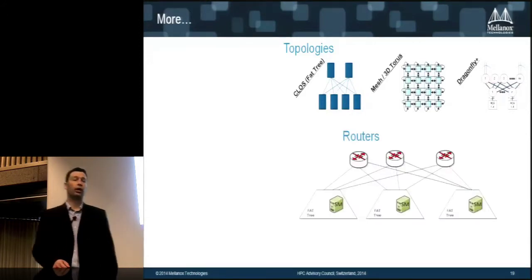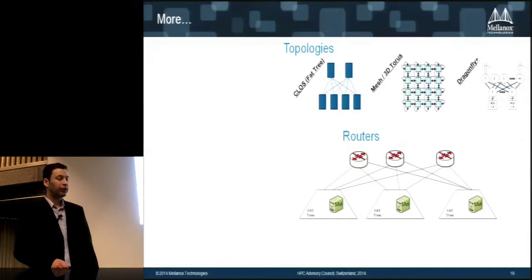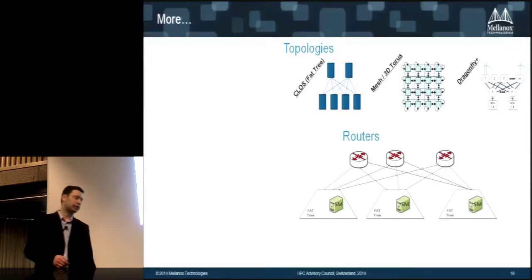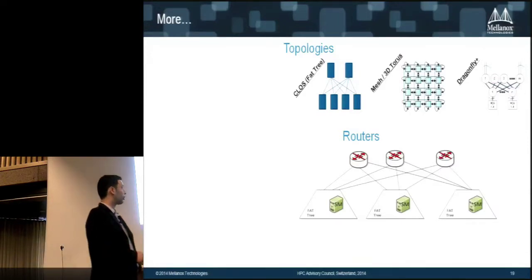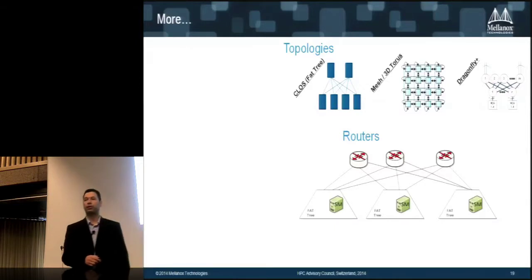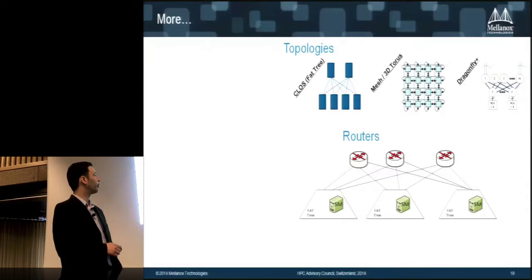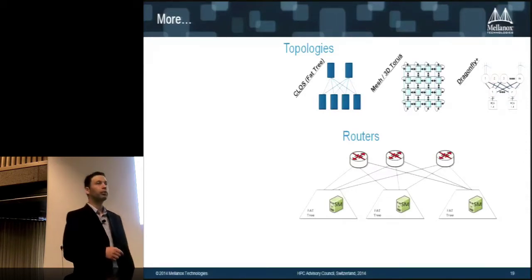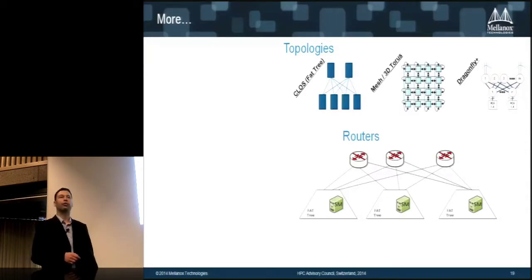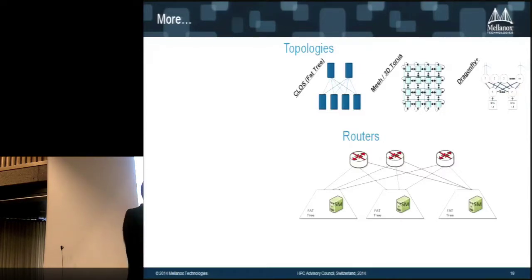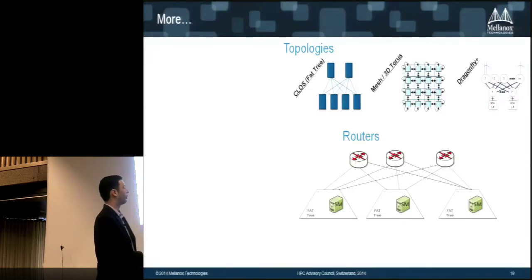InfiniBand routers. So this is something that makes a lot of sense when you want to scale the InfiniBand network. Basically, today you can build clusters. They can be fairly big. They can be tens of thousands of nodes. However, there are so many reasons why people would like to use InfiniBand routers. And still, with the routers, you can get all the RDMA goodies, and you can move from one cluster to another and get very good performance.